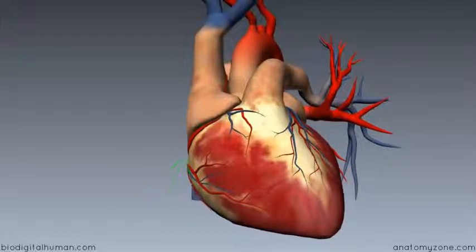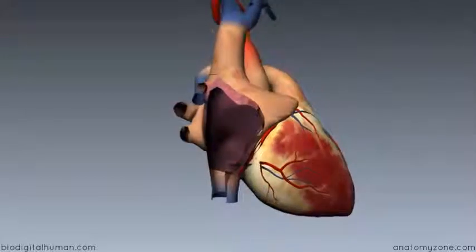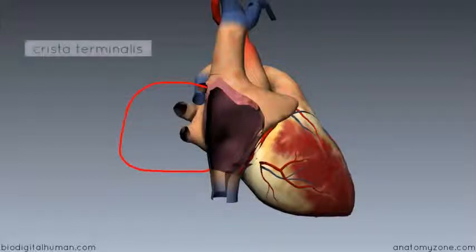So what I want to do now is, we've taken this slice of the right side of the heart, and I want you to imagine that we've flapped open the anterior aspect of the right atrium. So I'm going to draw on this atrium opened up. So this is the anterior aspect of the right atrium being flapped open. So internally, corresponding to the sulcus terminalis, we've got something called the crista terminalis. So it's this smooth muscular ridge which corresponds to this line of union between the sinus venarum, the smooth posterior wall, and this